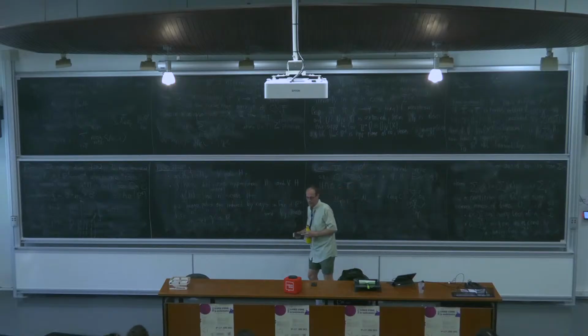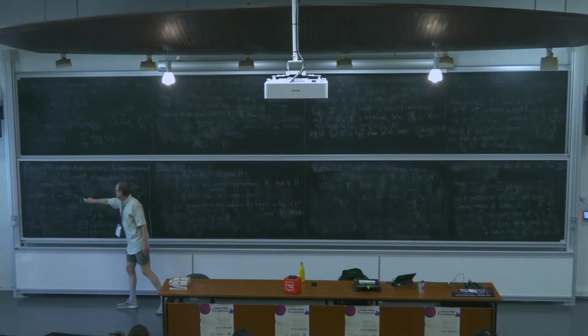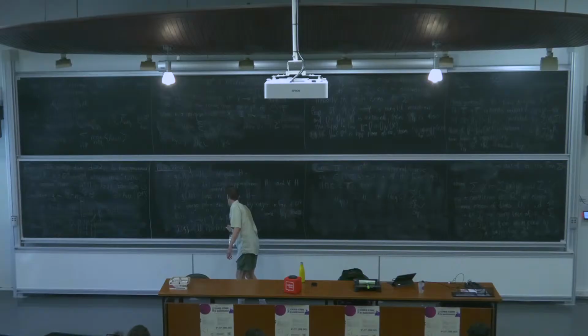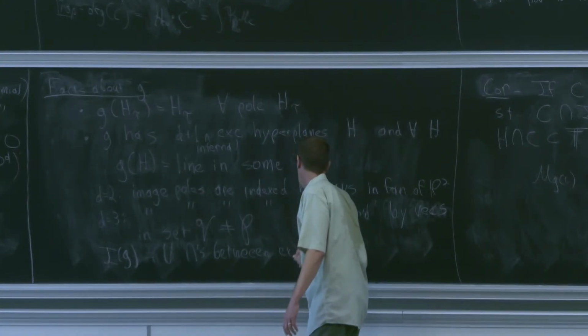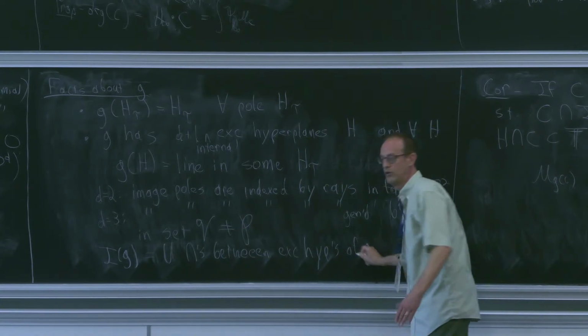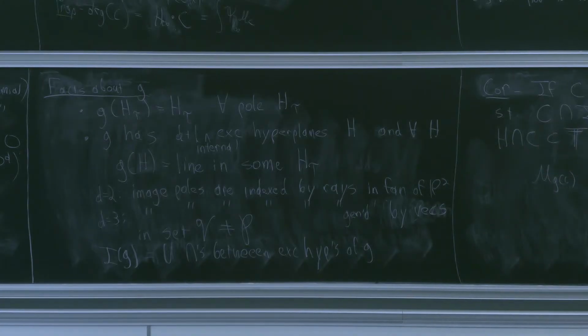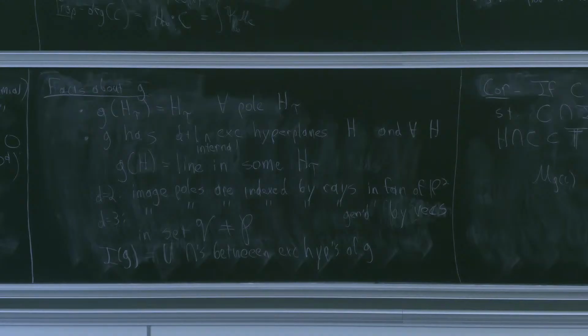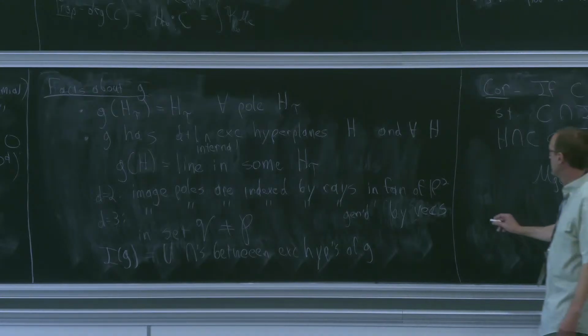Oh, one thing I forgot to mention, I never said anything about the indeterminacy set of G. Again, because this is coming from the Cremona involution, the indeterminacy set of G is the union of the intersections between the exceptional hyperplanes of G. So you intersect any two hyperplanes, that's indeterminate. Okay, so what I really want to avoid with my curve is these intersections here to make this formula work. Okay? All right, so finally,